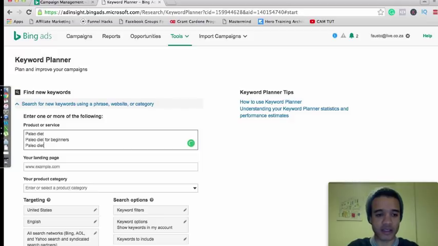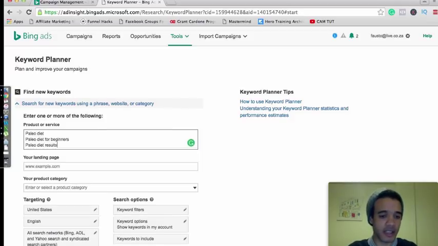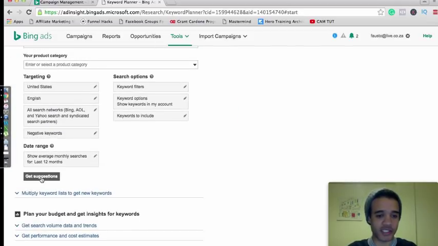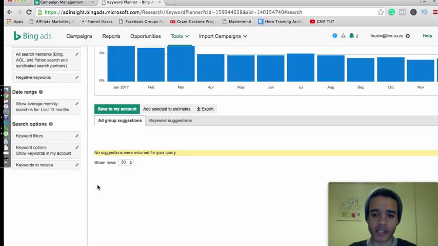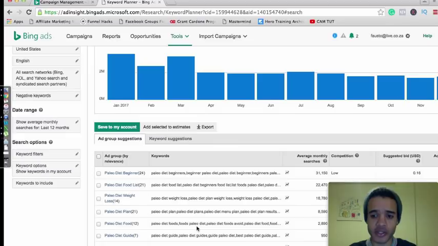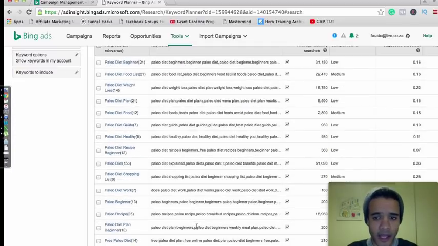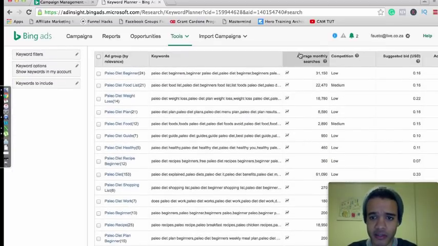Paleo diet results, and then we're gonna go here and ask for suggestions. Okay, so now what it's gonna do is load up a bunch of keyword suggestions that we can use and put into the ad. Now, as you can see here, you can even find the monthly searches that they have for the different keywords